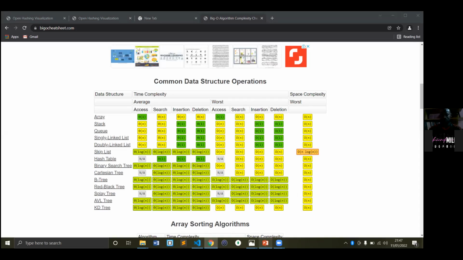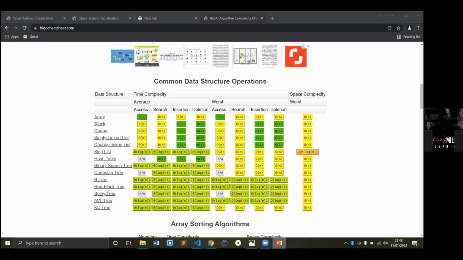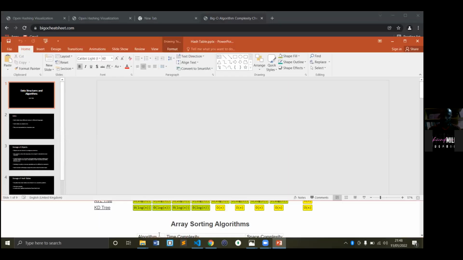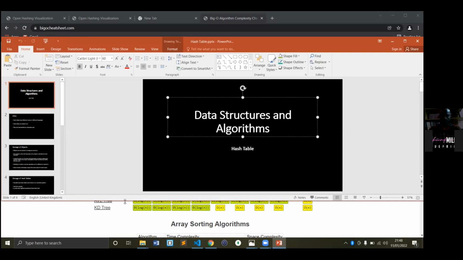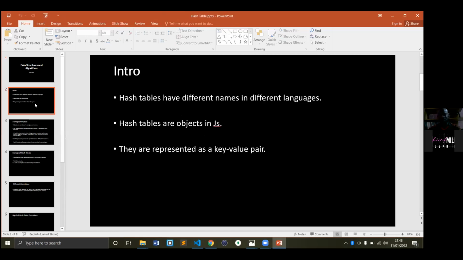So the question will now be, what will happen when it comes to that? The simple answer is that the hash tables in JavaScript are known as objects, because hash tables or hash maps, there's maps in JavaScript, and there's objects.